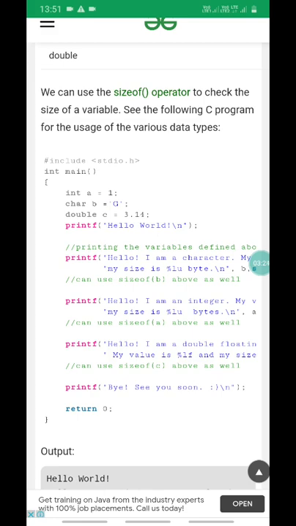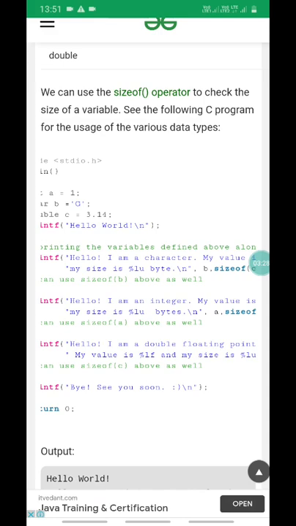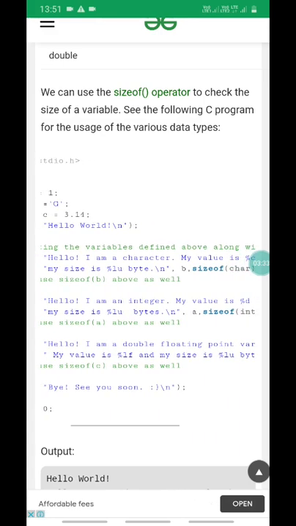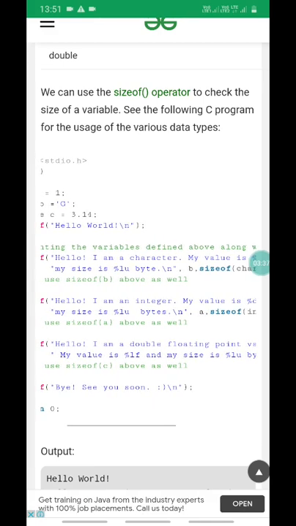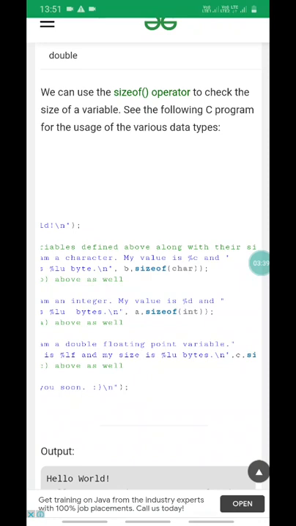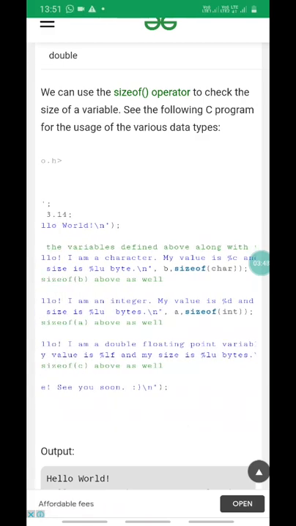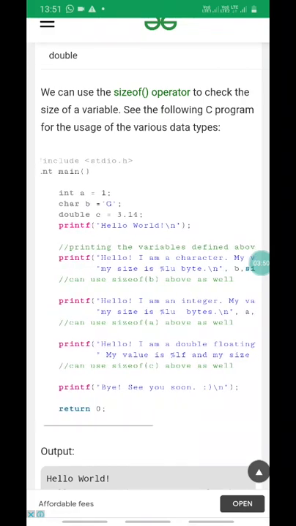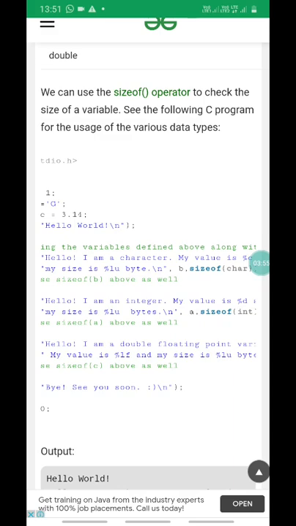only for printing. Then the second statement, printf hello, I am a character, my value is %c, my size is %lu byte \n, with b and sizeof character. Since b has the character data type, we can use sizeof b as well.